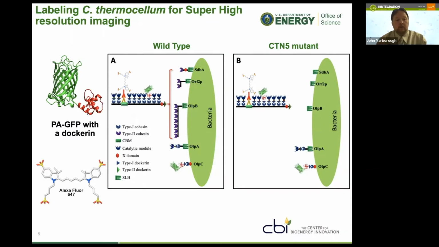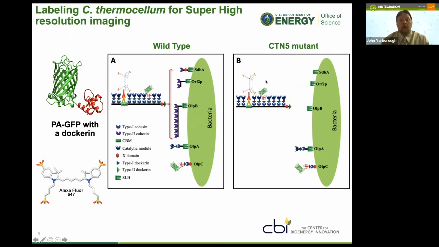One is a photoactivatable GFP with a type 1 dockerin, which has the ability to adhere to an empty slot on the SIP-A scaffold or the cellulosome, as well as an open slot on the OLPC site of the bacterial cell wall. And we also use an Alexa Fluor 647 that is specific to the CBM3 binding module that is located on the scaffold of the SIP-A. And each cellulosome only has one CBM3. Therefore, any fluorescence we get, we know is coming from a single cellulosome